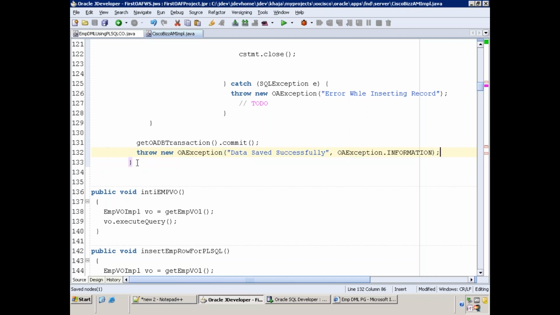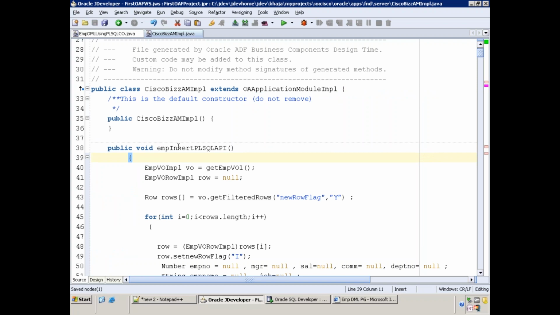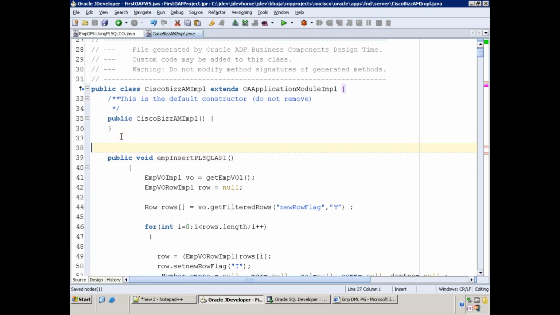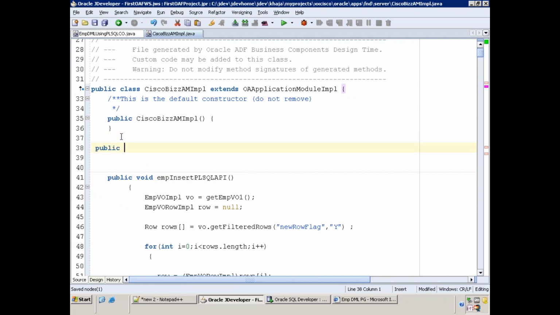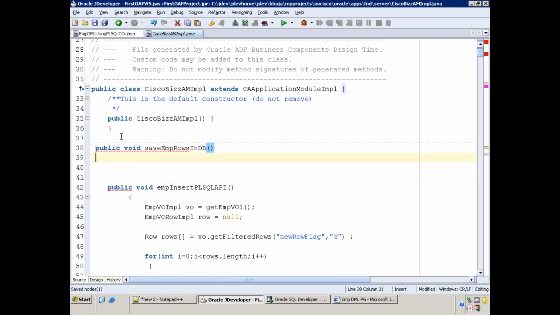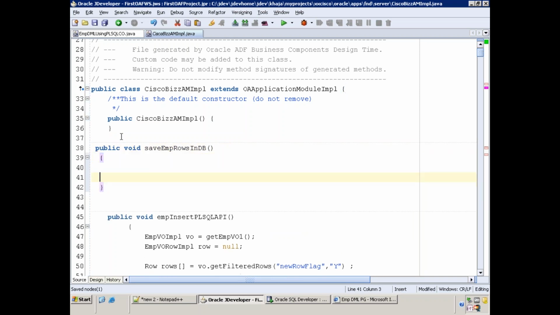Okay. Now we have to call this method when a user clicks on save. So I'll write one more method, save emp rows in DB. Because we have to write a separate logic for the insertion as well as updation, right? So as of now, we are performing only insertion. So that is why I'm calling another method called save. From the save, I'm calling the emp insertion.